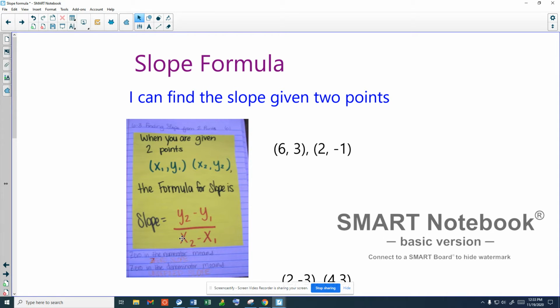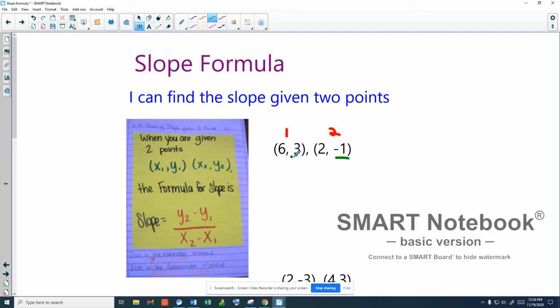Now, what this is basically saying is we are telling ourselves that one of these points here is going to be our 1 and then our second point here. So if we write our equations as x comma y, then this is going to be our x1, y1, x2, y2. So then we're able to write our formula as